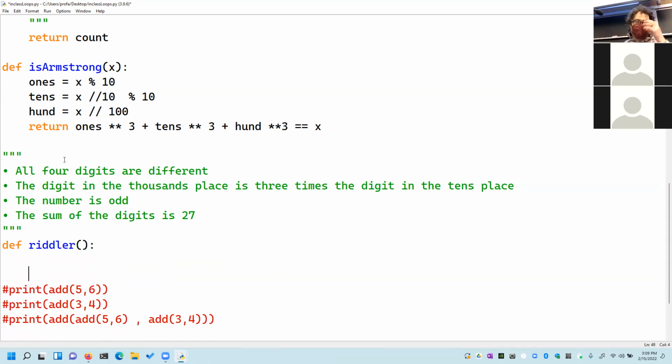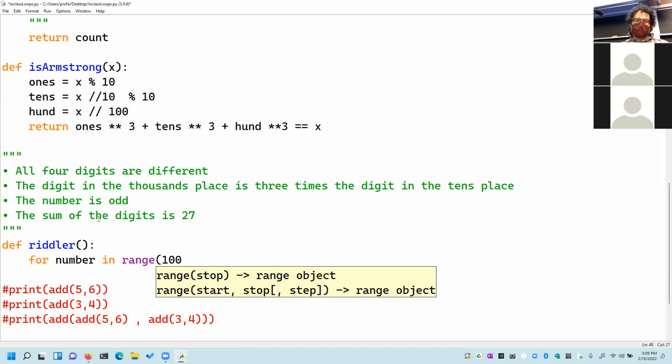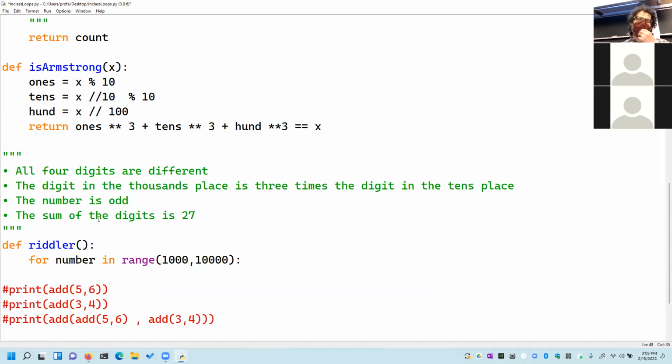So basically what we need to do is that we're looking for a 4-digit number. So we need to test every 4-digit number to see if it matches this, right? The best way to do that is to write a for loop that says, hey, for number in range. So what is our range? Our range is 1,000 to 10,000. That starts at 1,000, goes up to, but does not include